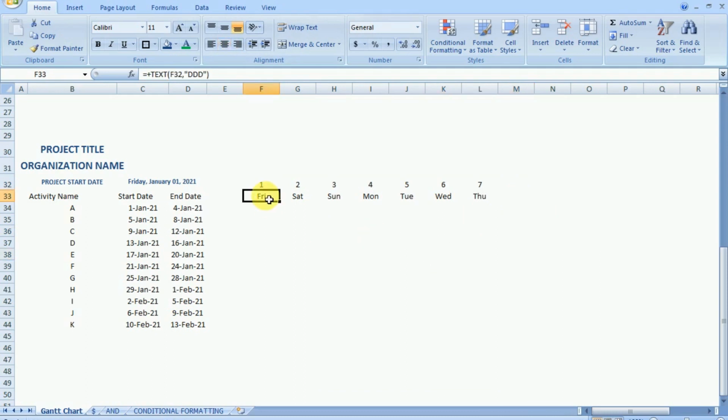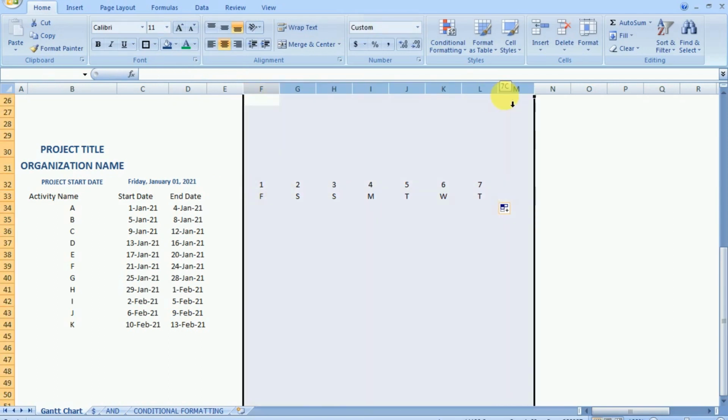To do that, we can use one more command along with the TEXT command, that is LEFT. So type the LEFT command, the text will be the same, and then the number of digits we want, only the first, so we will type 1, and in this way we are getting the first letter of the weekday, which was our objective.